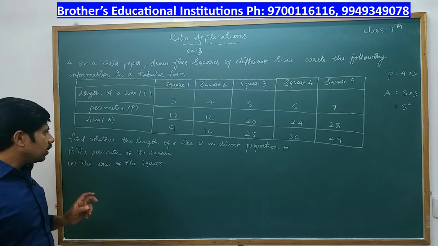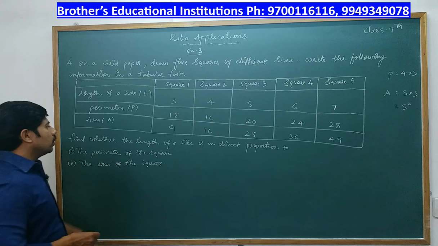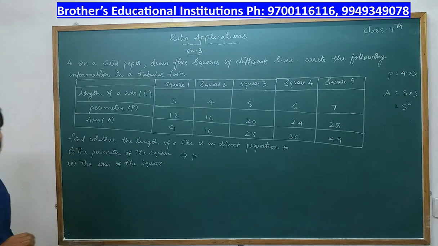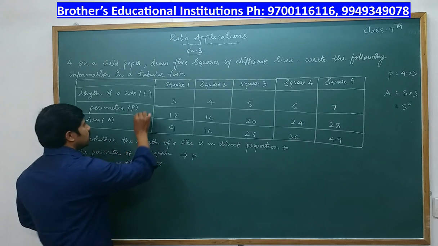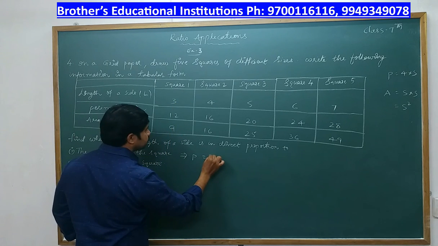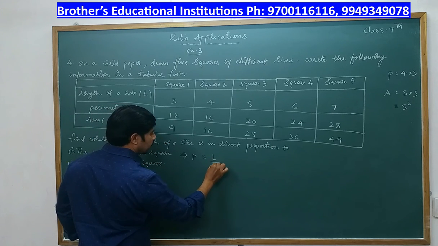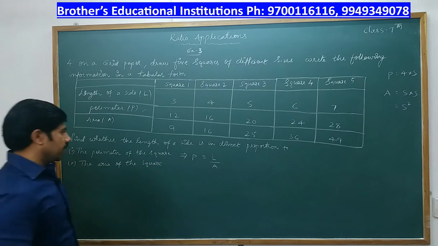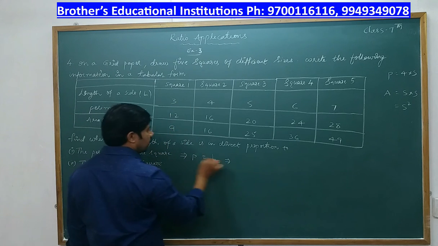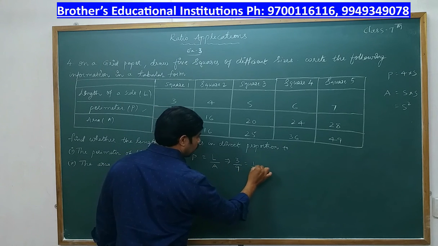Now after that, check whether the length of a side is proportional to the perimeter. Whether the side is proportional to the perimeter or not. How to find? Just see, he is asking about the perimeter, so we have to divide these two. That means 3 by 9, the length of the side by the area. So what do we get here? If you divide the first one, it is 3 by 9. What is 3 by 9? It is 1 by 3.